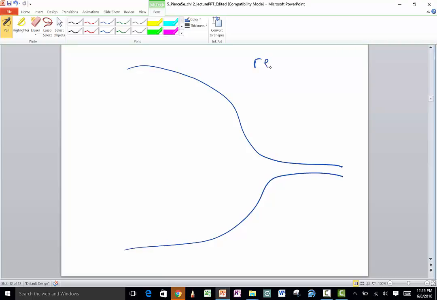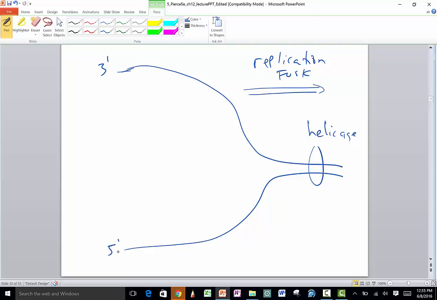So here's a replication fork. Overall, replication is going in this direction because the fork is unwinding in that direction by helicase. So helicase is down here somewhere, unwinding the DNA. And then to keep track of what's happening, we need to know where the 5' and 3' ends of this DNA are. It doesn't matter as long as you're consistent. So 3', 5'. So we've unwound the DNA, and now we want to start replicating it. And what do we have? We have DNA polymerase,